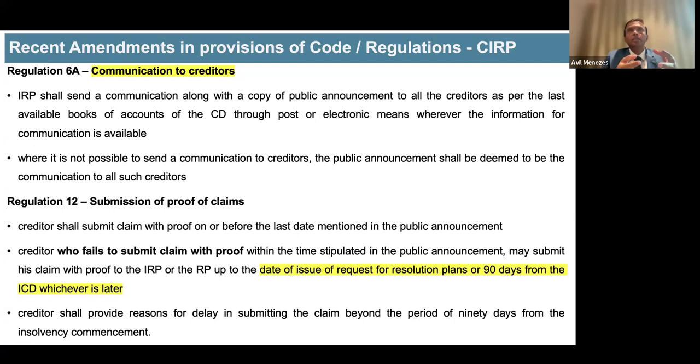So the amended regulation says 90 days or date of issuance of RFRP, whichever is later. And a creditor who submits a claim after 90 days has to provide you reasons for his delay. So someone just sends you a claim, you should always write to him, kindly clarify the reason for delay. He will have to provide you reasons for delay in case he submits a claim beyond 90 days from the